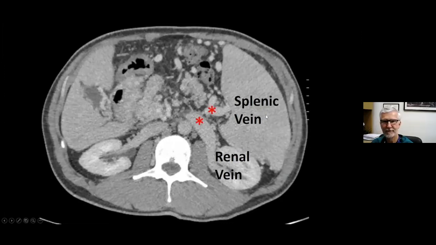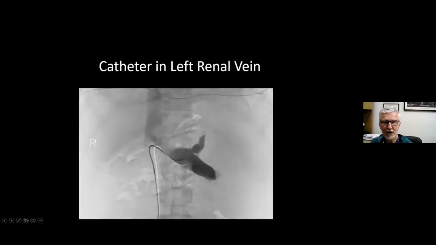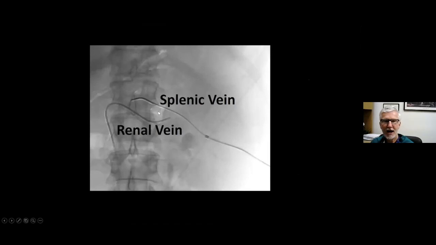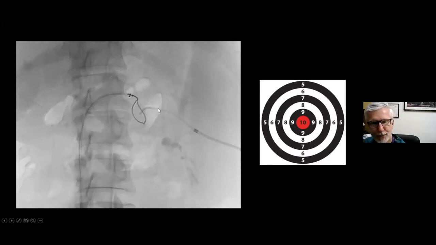So we go transfemorally and put a catheter in the left renal vein. We go through the spleen and place a catheter in the splenic vein. We can see these two catheters side by side, splenic vein, renal vein. And our next job is to pass a catheter from the splenic vein into the renal vein, and then snare a wire and pull that through the femoral vein and place a stent and put a splenorenal shunt in there